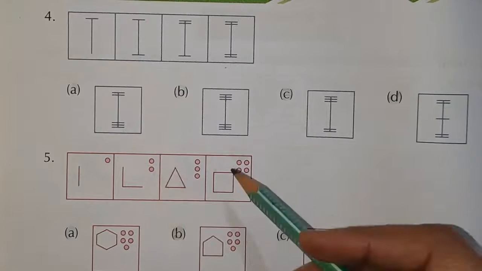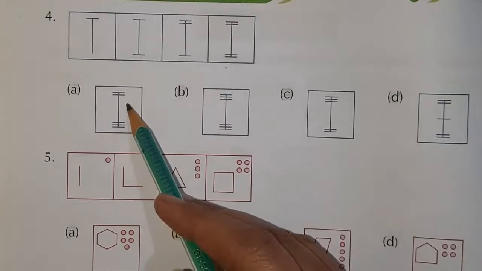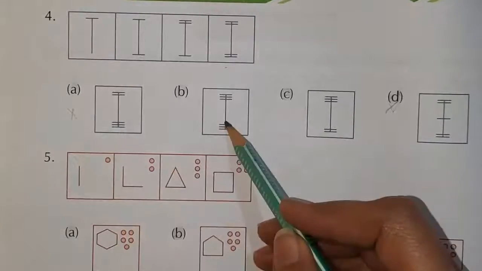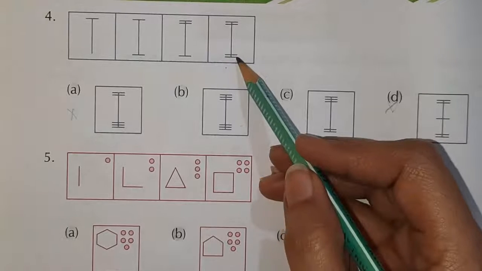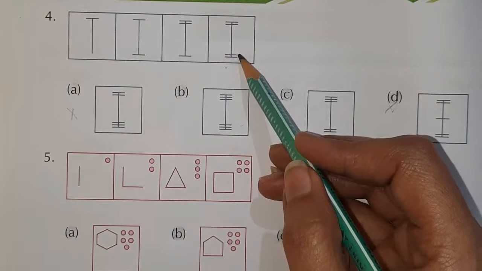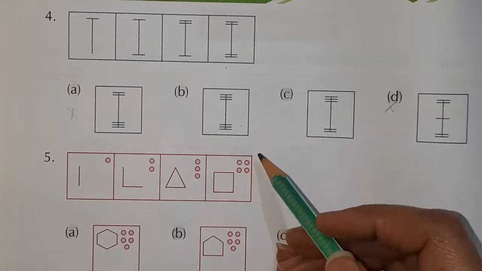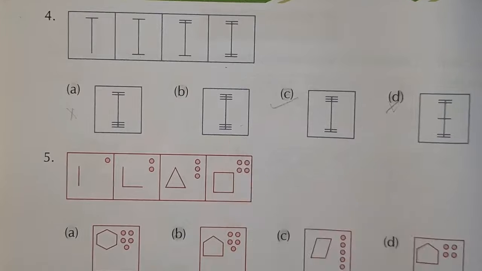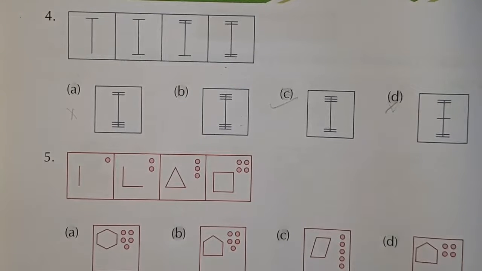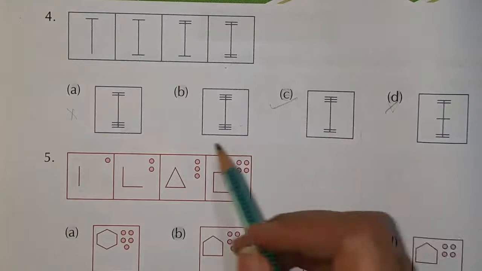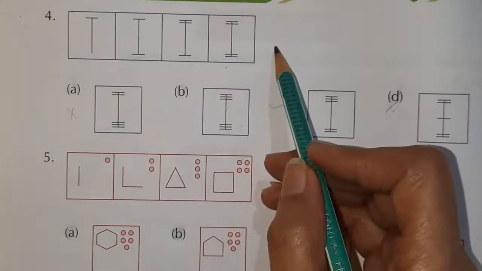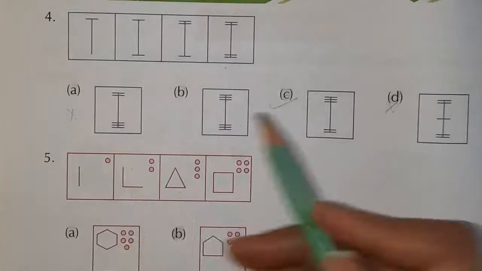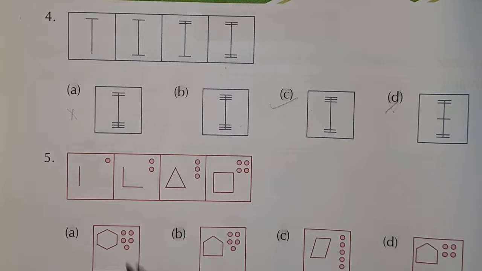Check the options. This is wrong, this is wrong, this is wrong. Now we will find out from these. Here at the bottom there should be 2 line segments. This one is the correct option because here 3 are there, that is wrong. Okay dear, so you can find your answers from the options also. If you are not getting it in the series, then come to the options. Wrong options will be crossed. You will reach the correct one.